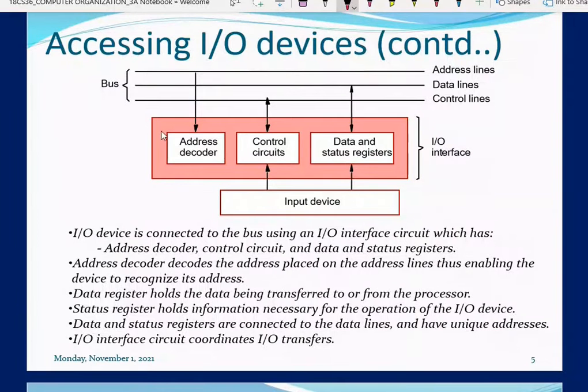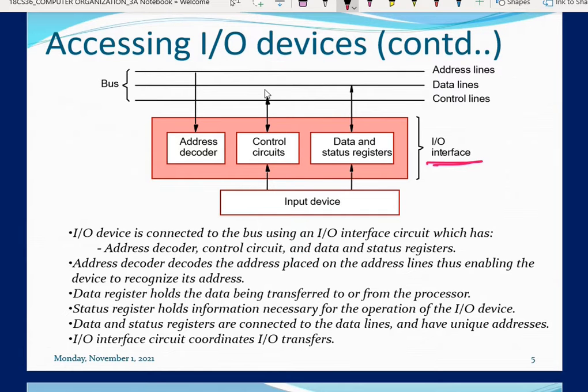So now the elaborated diagram is here. Can you see? These are the buses: address line, data line, and control line. Now this is my input device. Like this, a number of IO devices may be connected. Each device has its own interface to connect to the bus. Whenever any operation takes place, the bus is going to interact with the interface. Or if the input device wants to send some data or information, first it is going to interact with the interface. Then the interface is going to take care of transmission of that information.